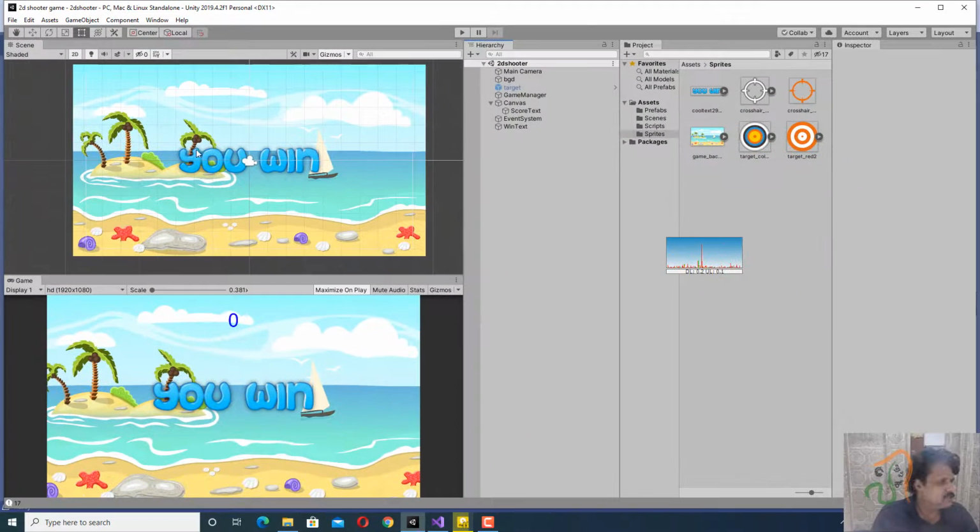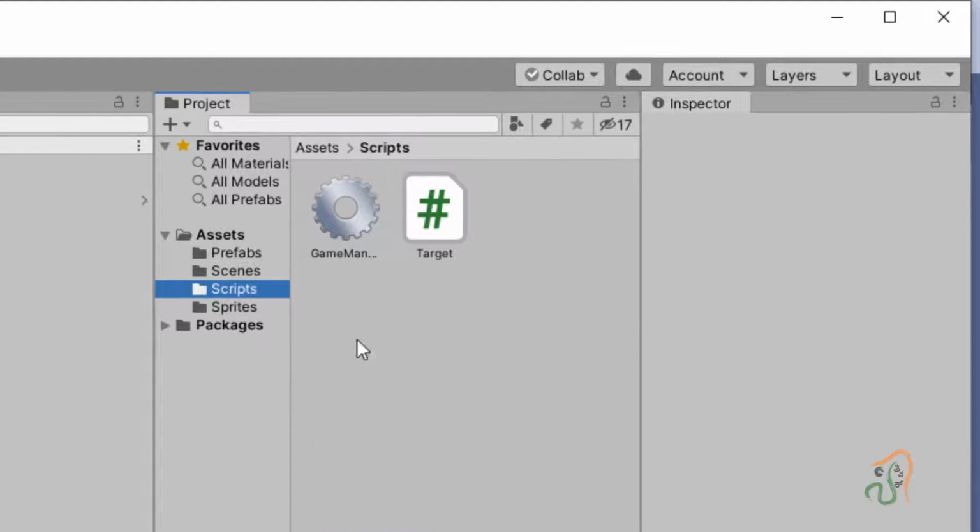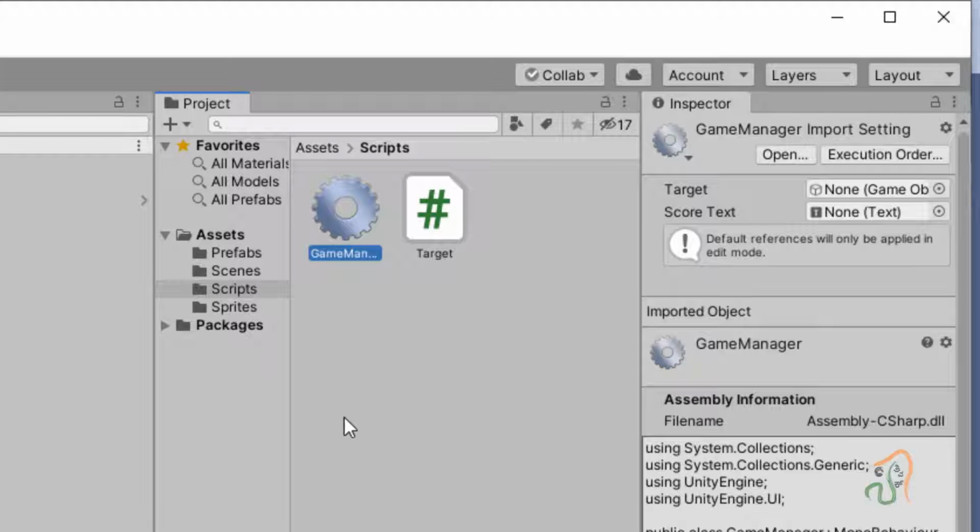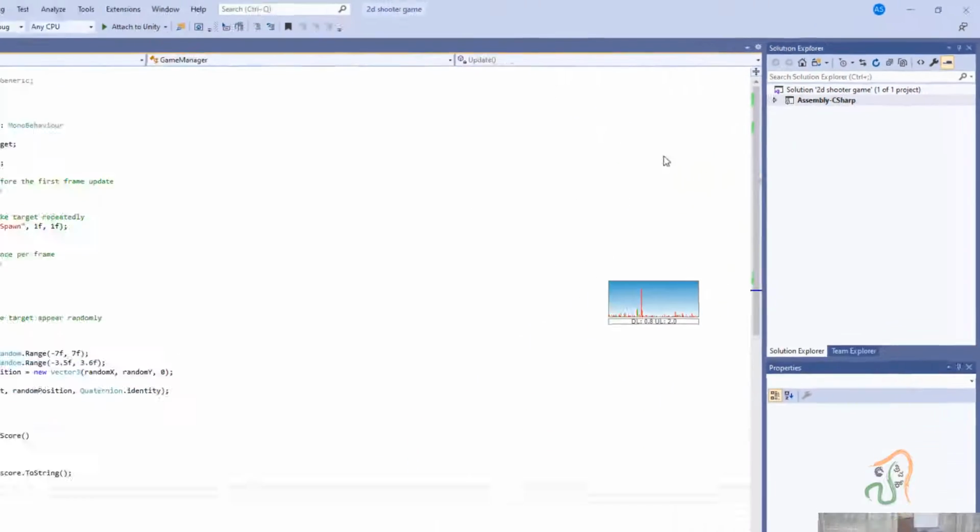The next thing is to make this appear, or to call this in the script. Come to the scripts window, select GameManager.cs, and double click to open it.